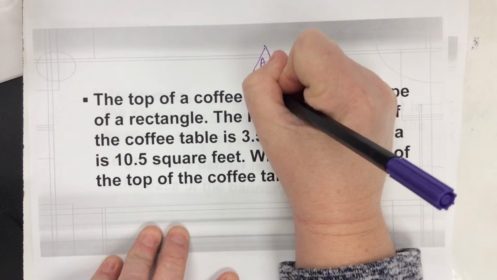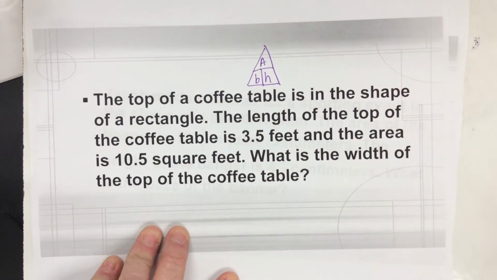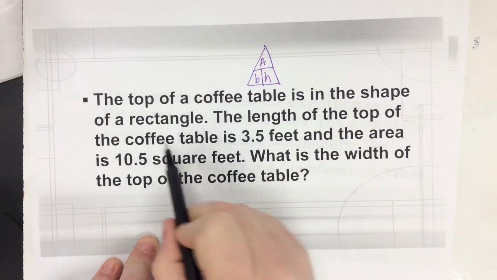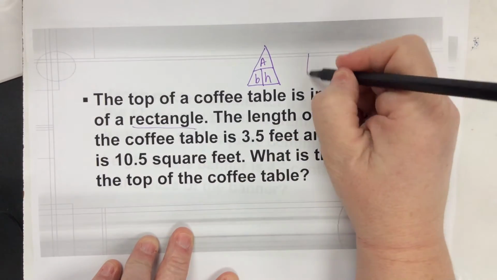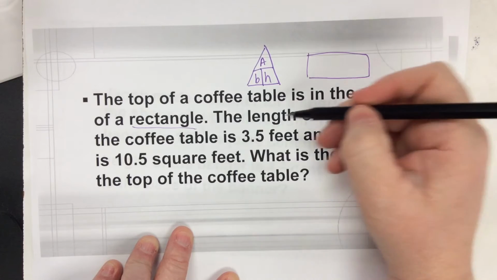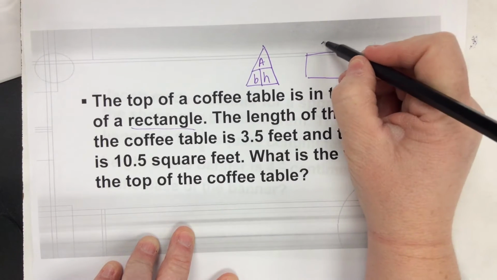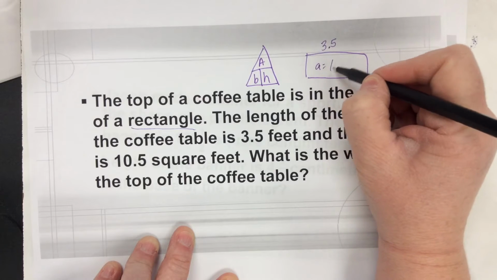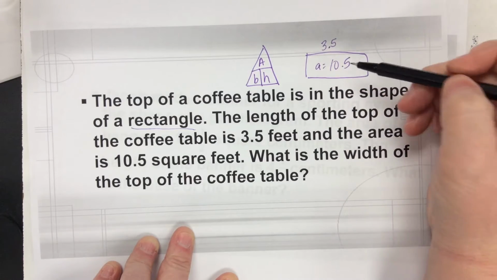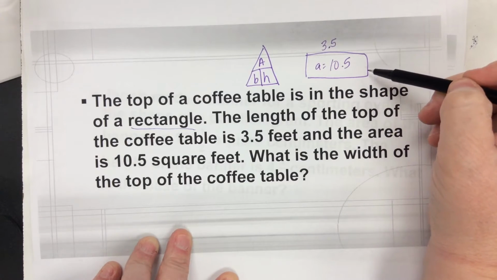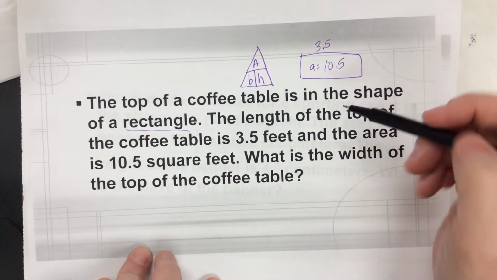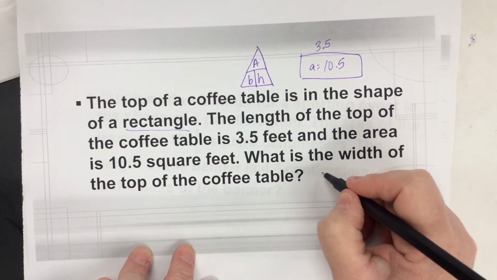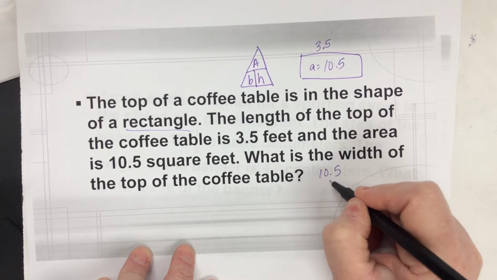Area is base times height. Okay? So it is a rectangle, so I'm going to draw it. My length is 3.5 feet and my area is 10.5 square feet. Now 3 times 3 is 10, so it's not going to be too far off from a square, okay? But area is 10.5